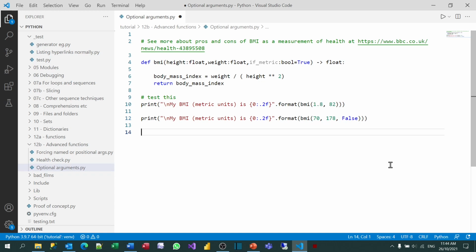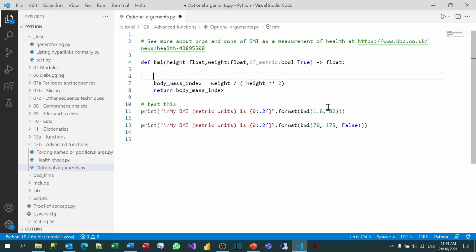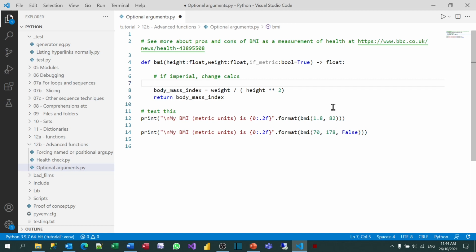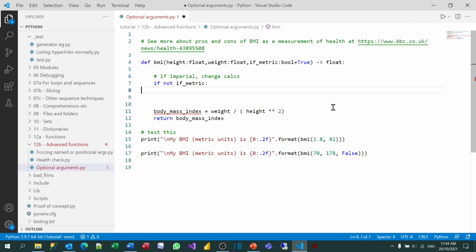So both of those two lines will work, but obviously what I now need to do is go back to my function and add additional syntax in here to cope with the eventuality I'm using imperial units. So to do that, I'm going to add an additional bit of calculation saying if I'm using imperial units, change my calculations. So to do this, I can say if not is_metric. So if I'm not using the metric units, which I will be by default, then what I'll do is I'll take my height,